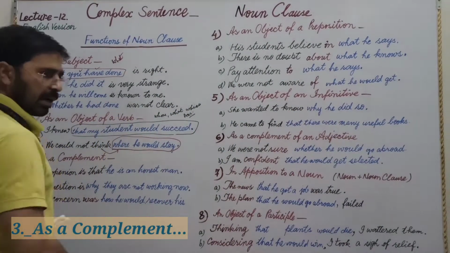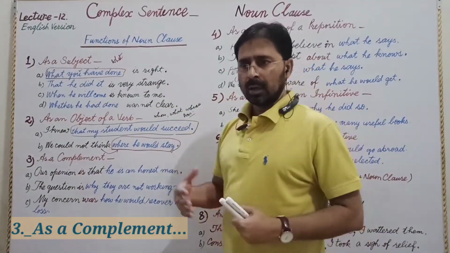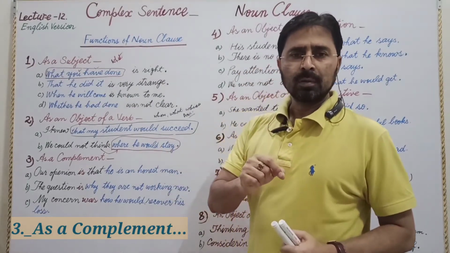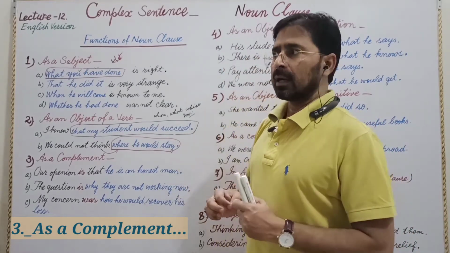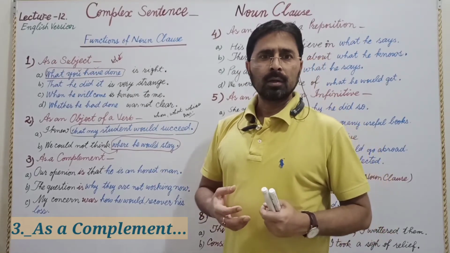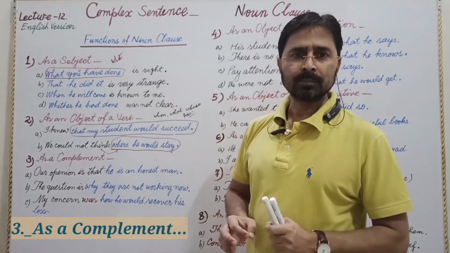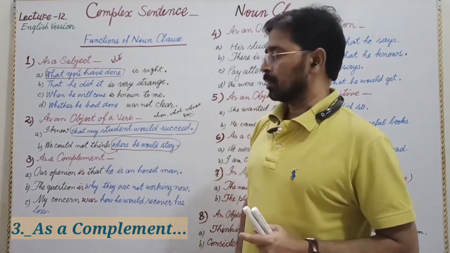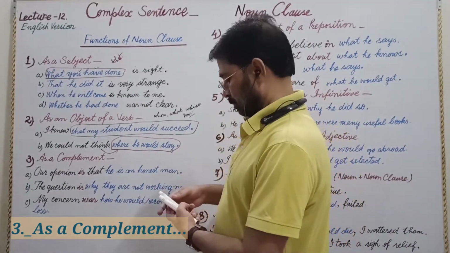For example, before I write here, let's understand, I am giving an example. You can write it in your notebook if you are taking notes. I appointed Joseph monitor. I appointed Joseph. If I finish my sentence here, a curiosity arises in our minds and we ask, so what? Then our answer will be monitor. Monitor will satisfy the curiosity of everyone. So monitor is a complement here.